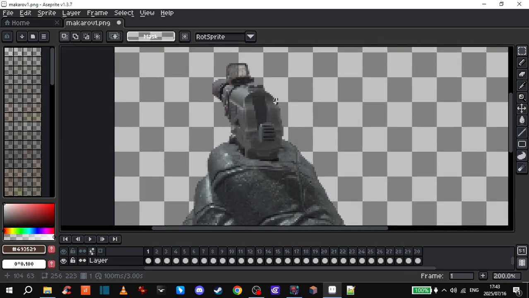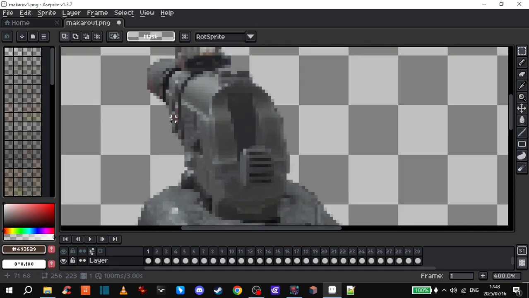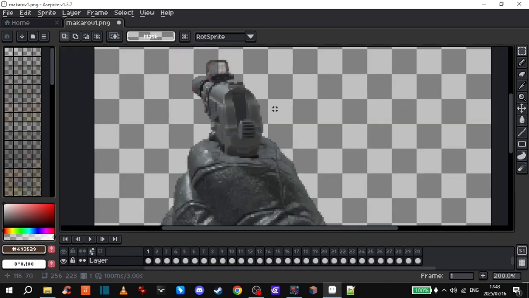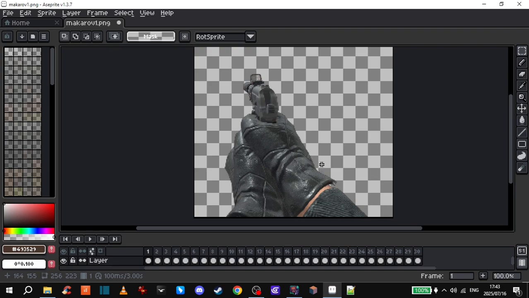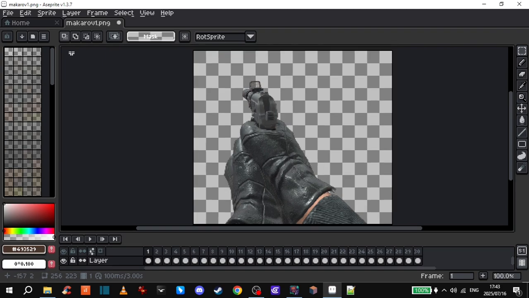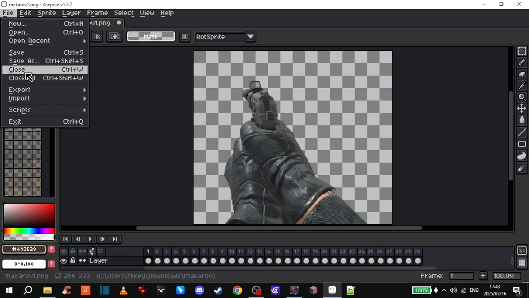Okay, let's see how this looks. Okay, that's much better. You can see it's got that kind of rough edge, kind of that retro look, but not too crappy. So then once you're happy with your sprite size here, we go to File, Export,